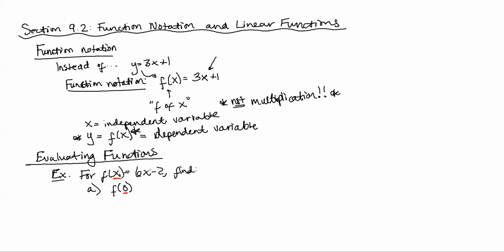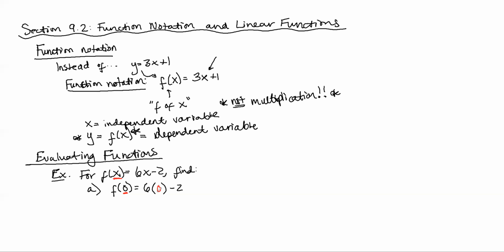So we're going to replace this x in our equation with a 0. We're going to have 6 times 0, and then minus 2. We're just plugging in whatever number we have in those parentheses for x,